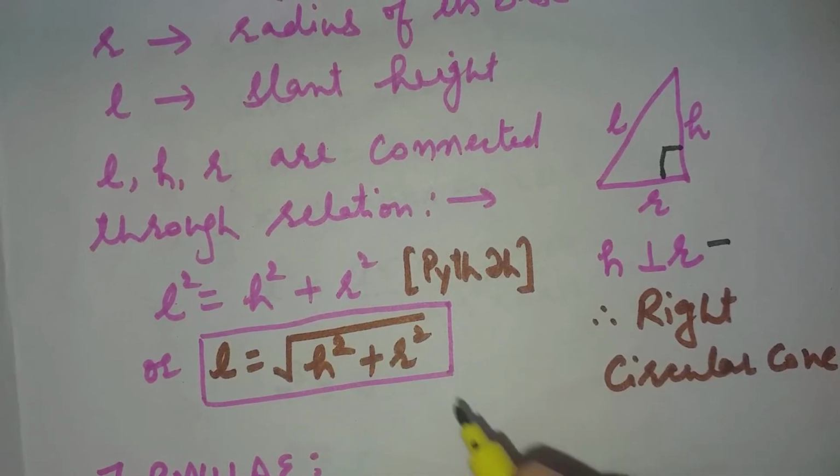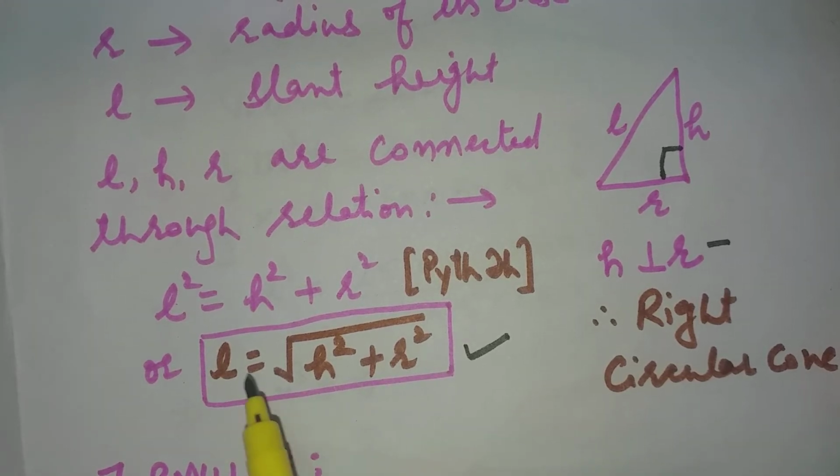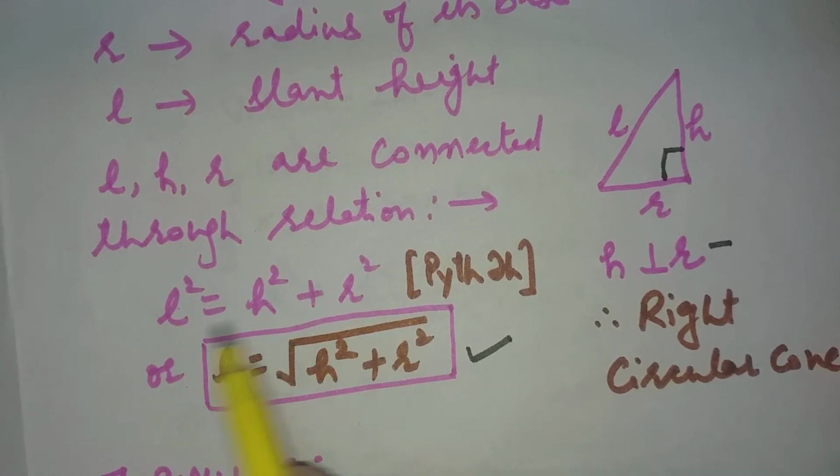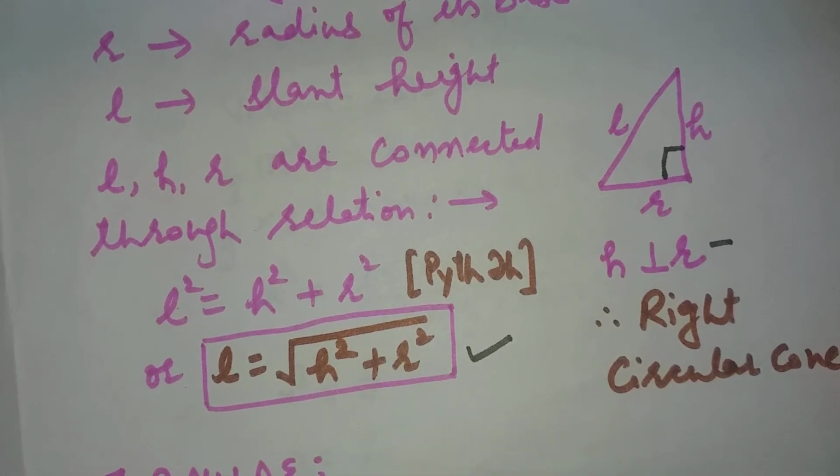So this is the formula, students, you should remember always. In order to find L, we should always apply this formula. In order to find H, this relation. In order to find R, again this relation. Every time two things will be provided to you and you will be asked to find the third thing. Or during the course of finding the answer, you may need the third thing. So this is the formula to find that third thing, right?